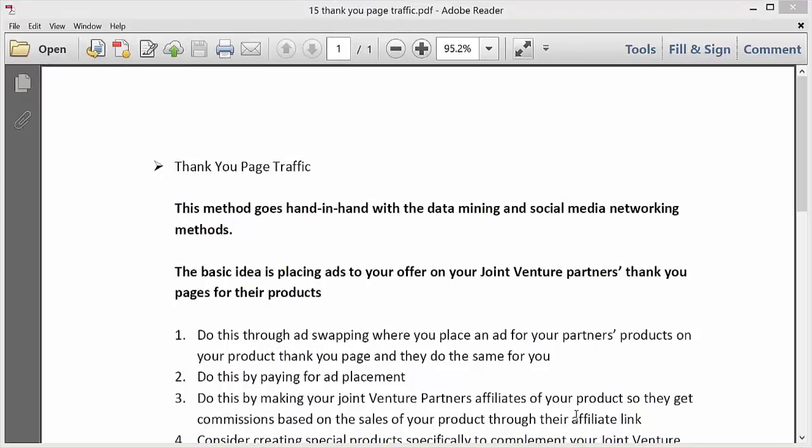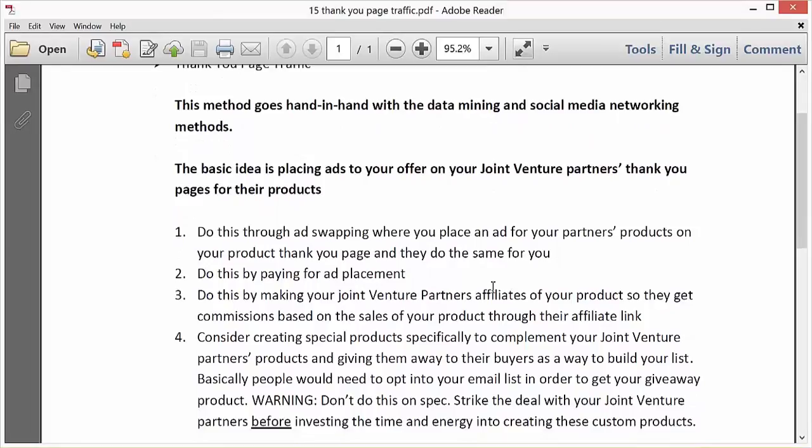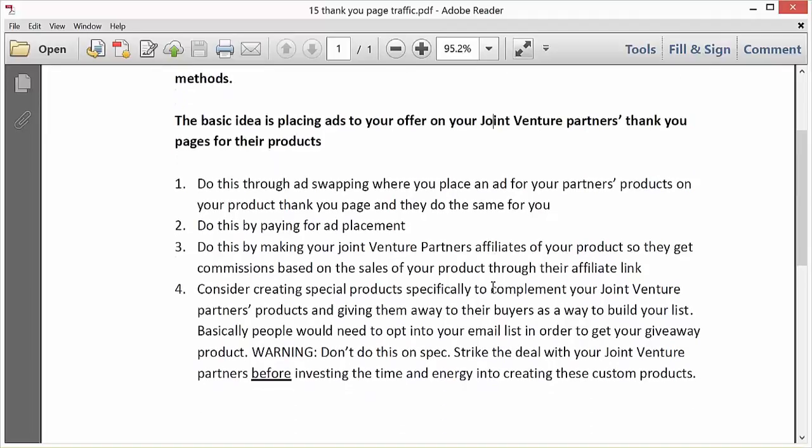Thank you page traffic. This method goes hand in hand with the data mining and social media networking methods. The basic idea is placing ads to your offer on your joint venture partners' thank you pages for their products. So basically this is for information products for people in your niche that you create joint venture relationships with. So when people buy their products, then there's the thank you page, which is the page that would have the product delivery page on it, and that's where you can place ads on that page,